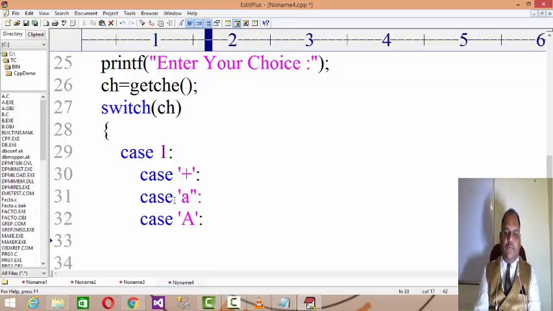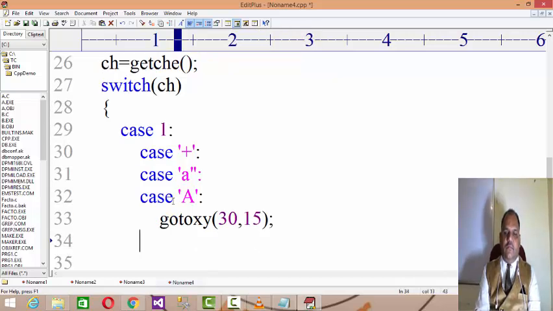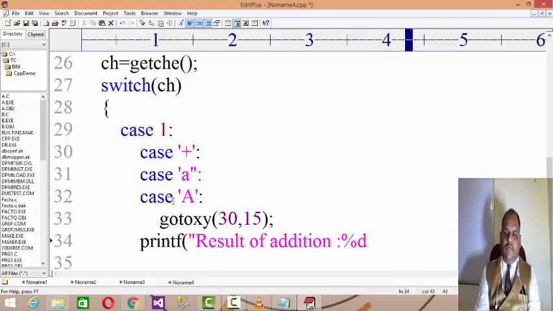So hence you need to perform gotoxy, comma 15, result of addition, that will be %d, a plus b.